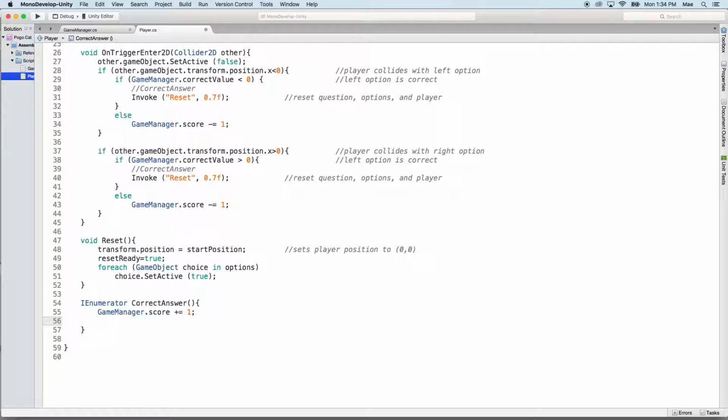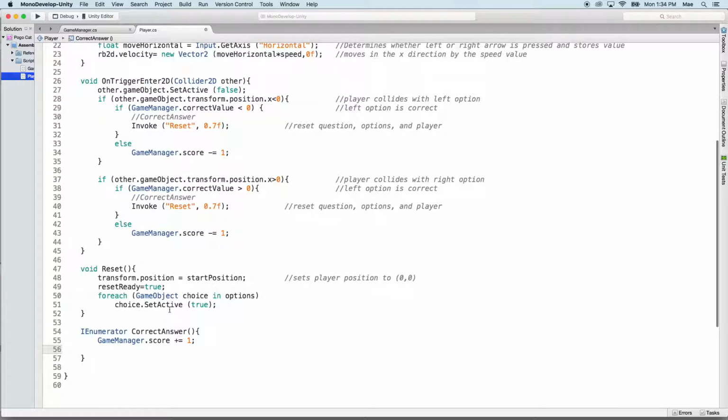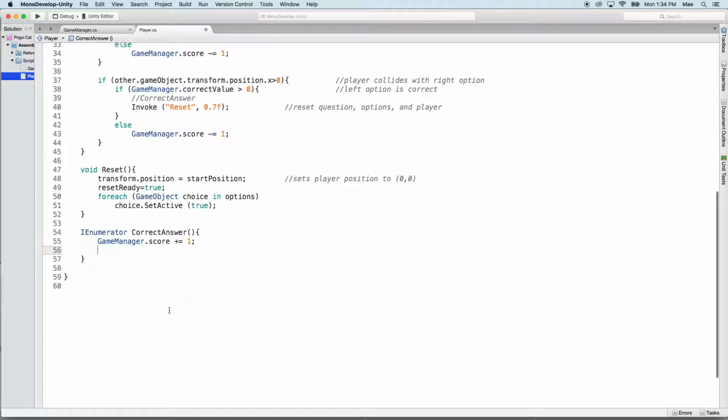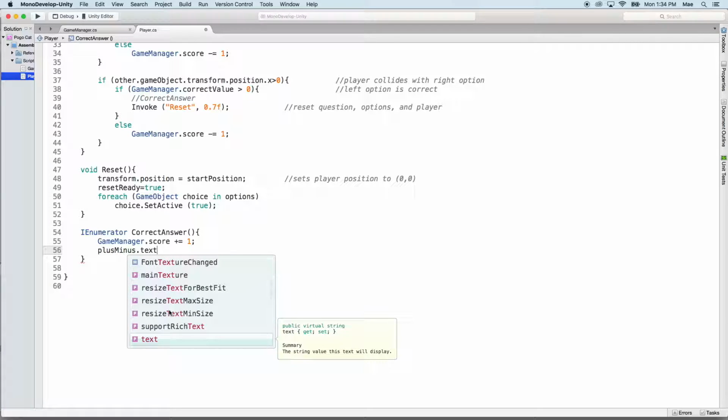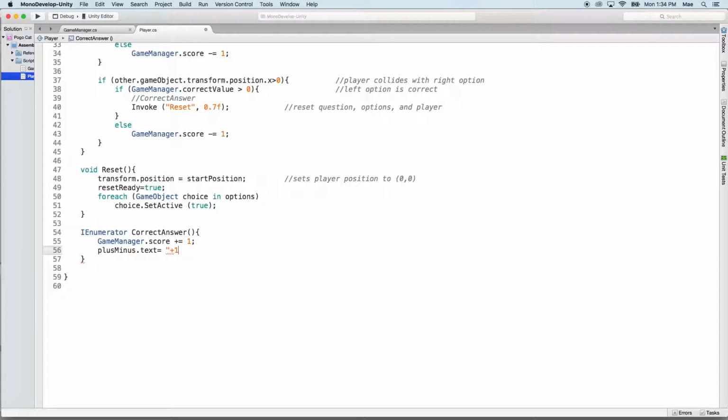Obviously, we want the score to change, like we saw in our last video. Now we want that text variable that we just created to display +1. So plus/minus text is going to say +1, and after this is where we're going to wait a certain amount of seconds before